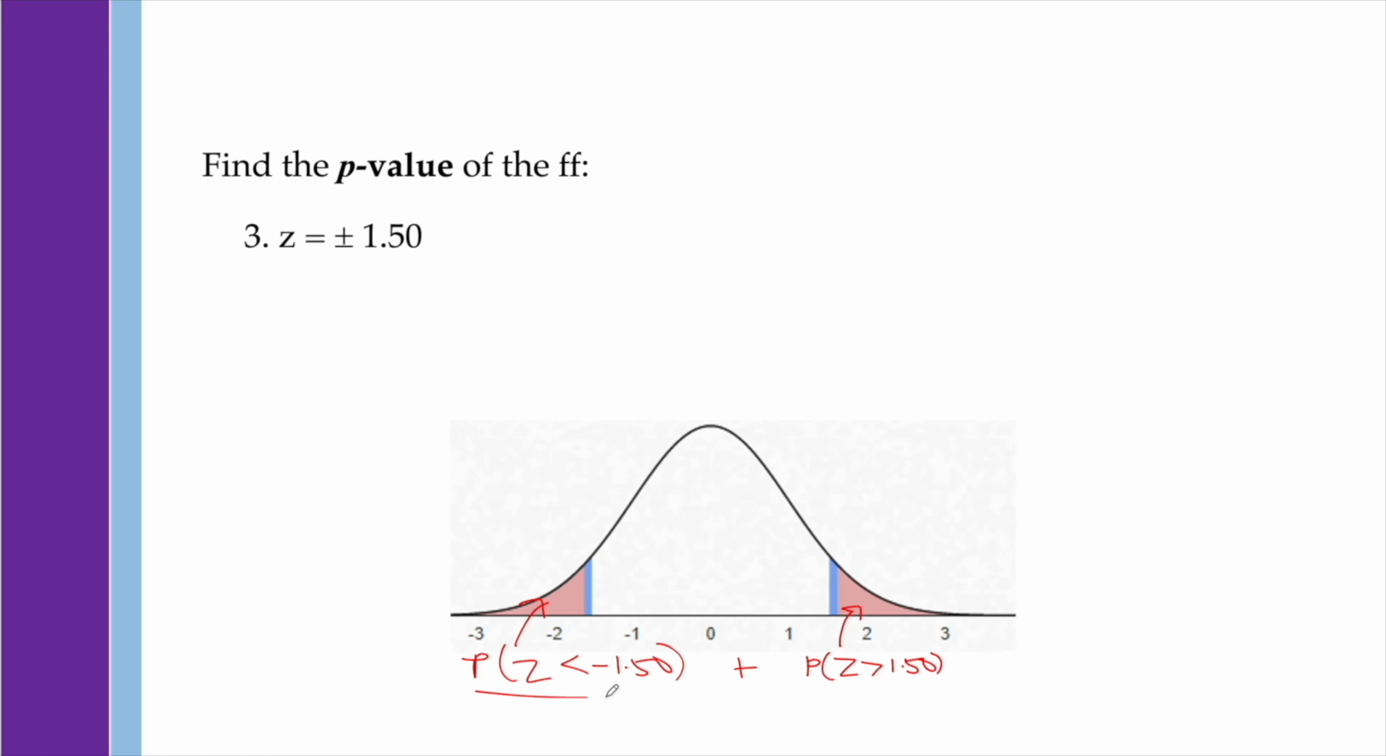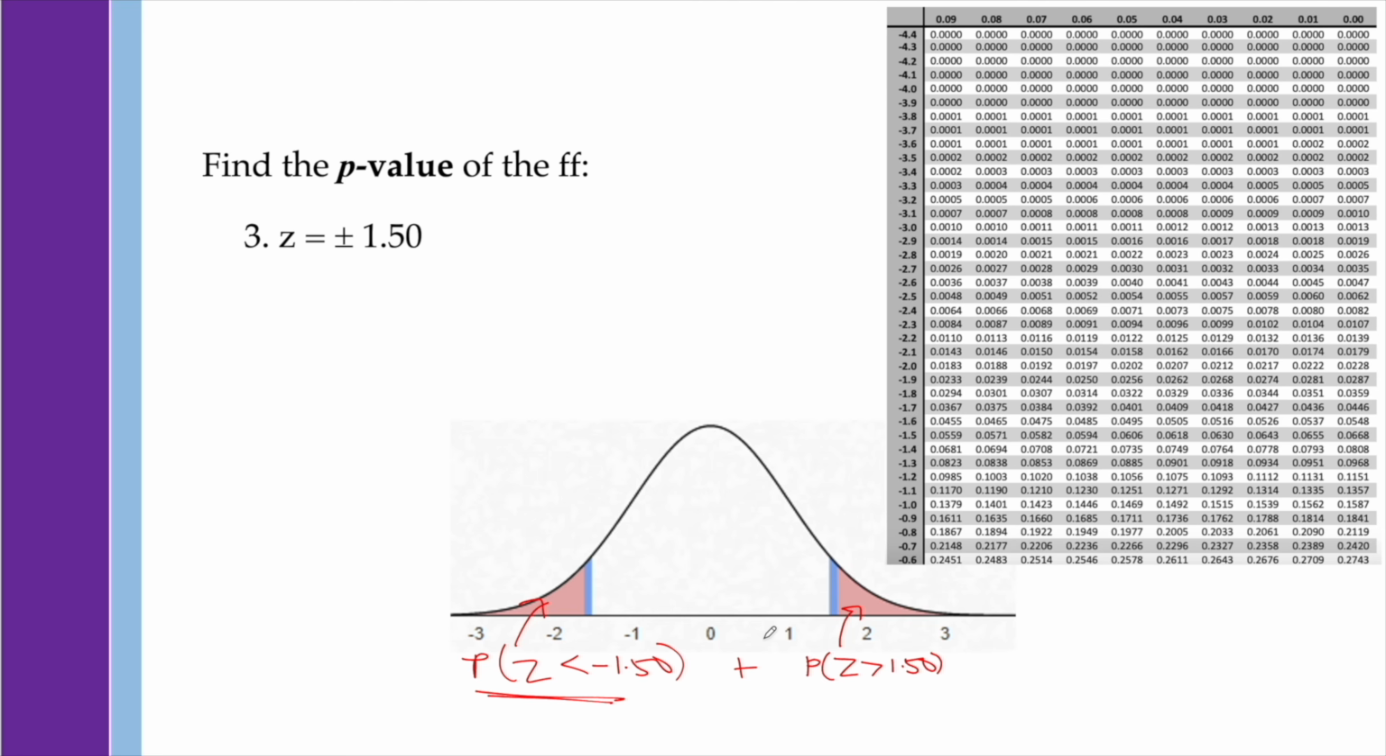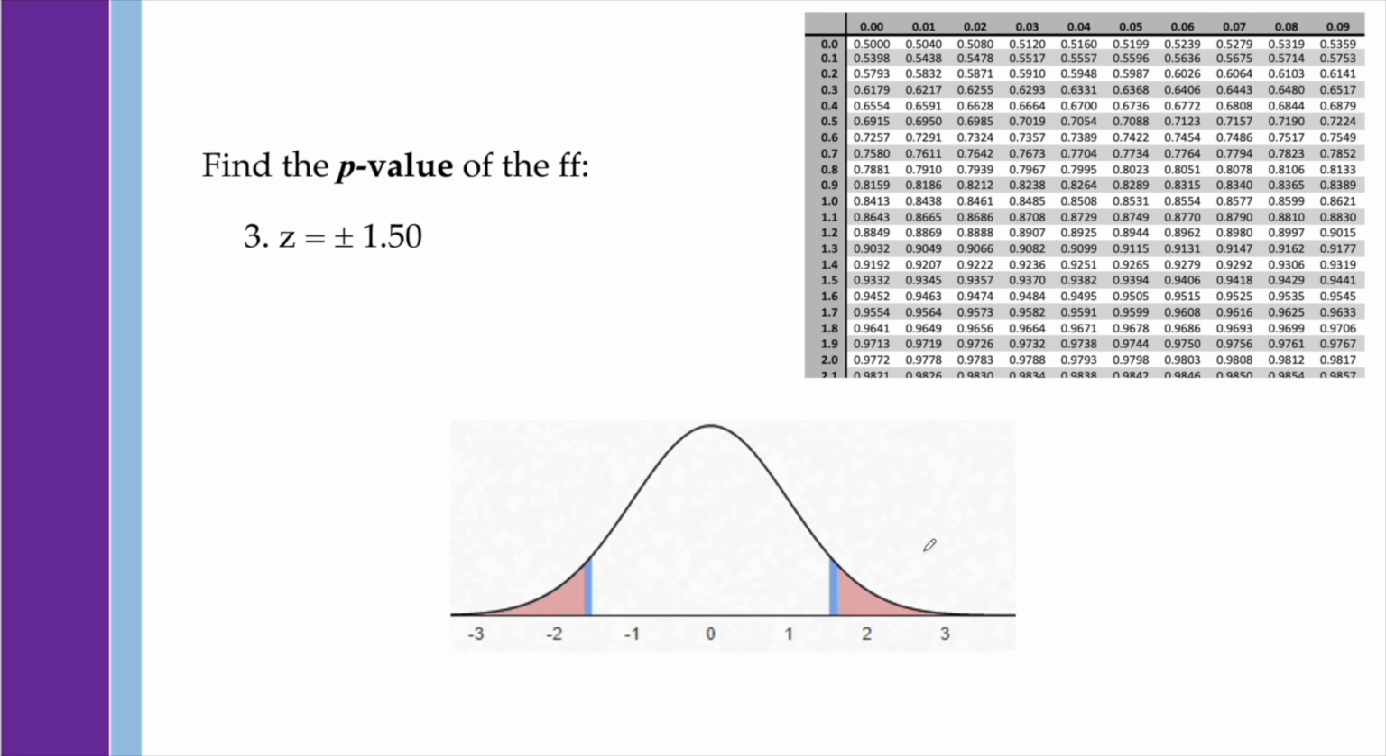And getting the probability of z less than negative 1.50, taking a look at the table, we have 0.0668. Thus, the area represented by this region is 0.0668. On the other hand, if you're getting the area of this, which is the probability of z greater than